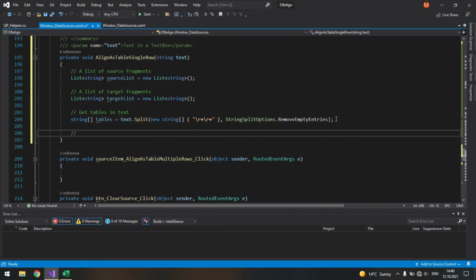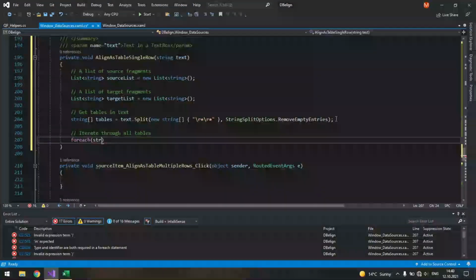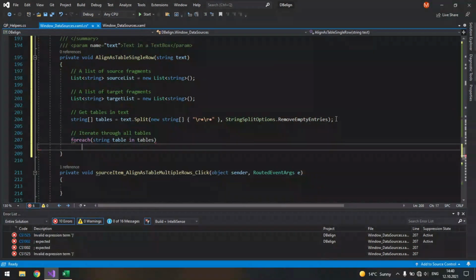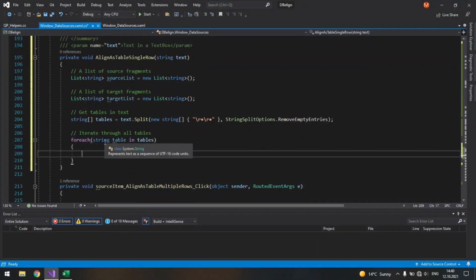Then we will iterate through every table. So iterate through all tables, for each string table in tables. And again, we still work with strings because actually all source and target texts are of string type.